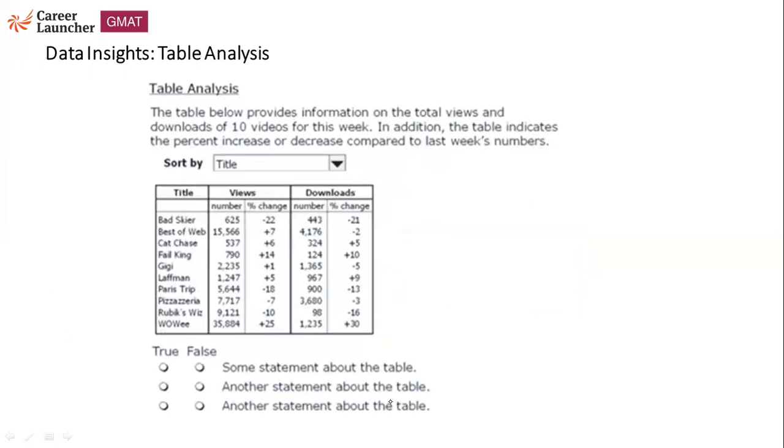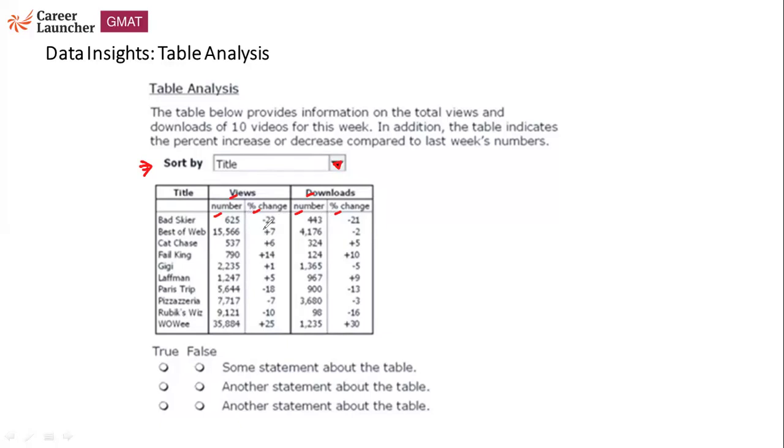Now here, what are the features? You have a sort by option. This is an image. So when you click here, a drop down menu appears and you can sort this table based on number of views, percentage change views, number of downloads, percentage change downloads, from ascending to descending. Ascending or descending, you can arrange these data points with respect to the question which you are trying to